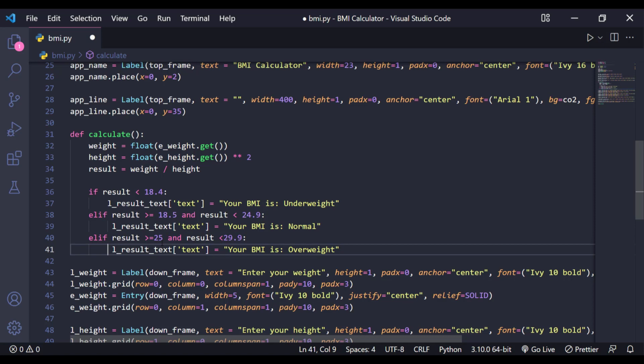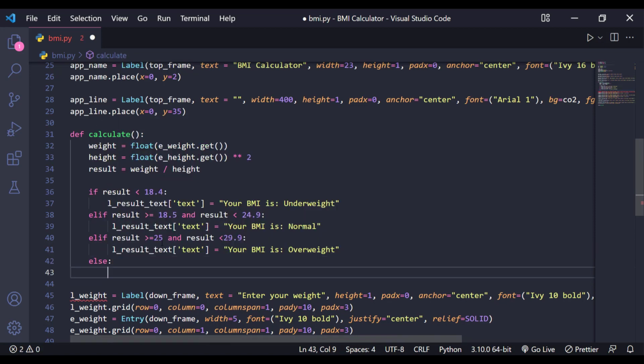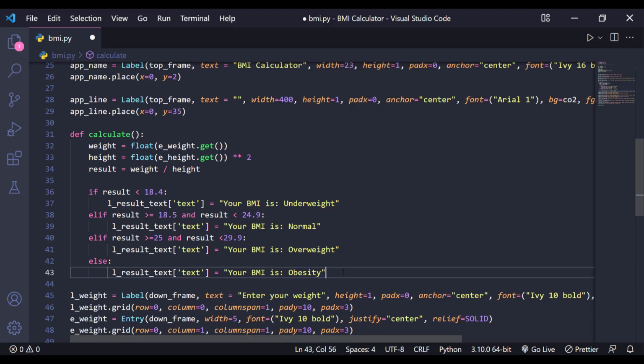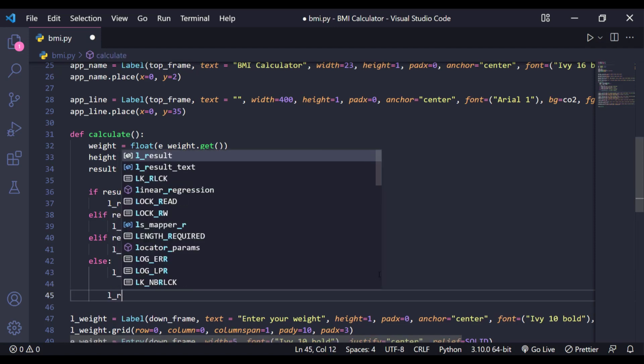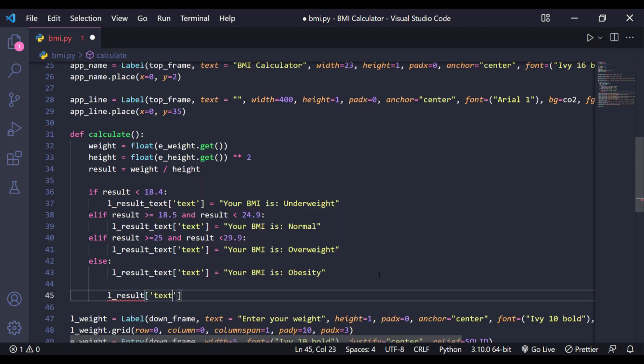So for that, just give else here. You don't have to give the condition again. Just give else, obesity. That's it. And at the same time, we have to update this result, right? So once we are done with these conditions, just give result label text equal to, just give this here, and